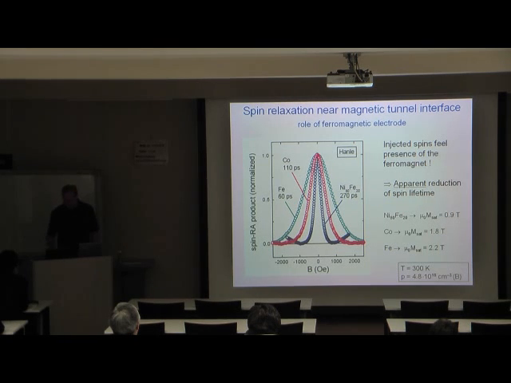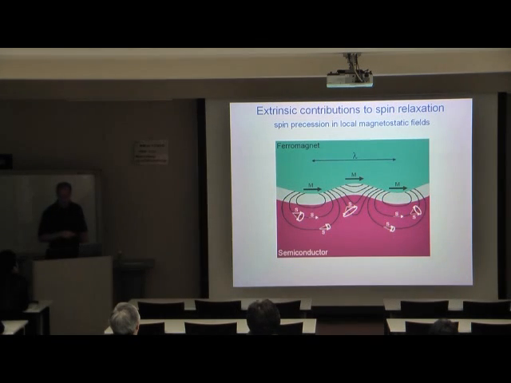cobalt to iron. Now, the way to understand this is to realize that if you have a ferromagnetic surface which is not perfectly smooth, you have some local magnetostatic fields that penetrate into the semiconductor. These local magnetostatic fields are inhomogeneous, both in magnitude and in direction, and that means that the spins in the semiconductor feel these local magnetostatic fields, and they will have different precession frequency and different axes of precession depending on